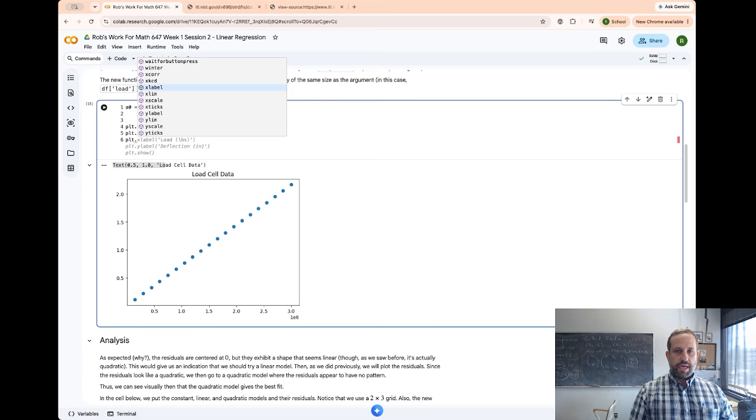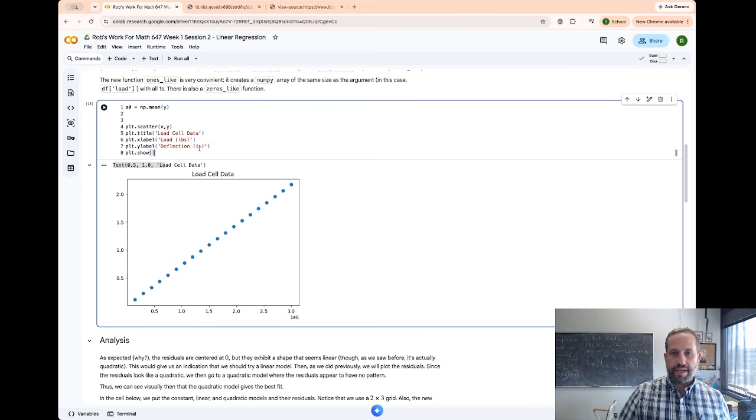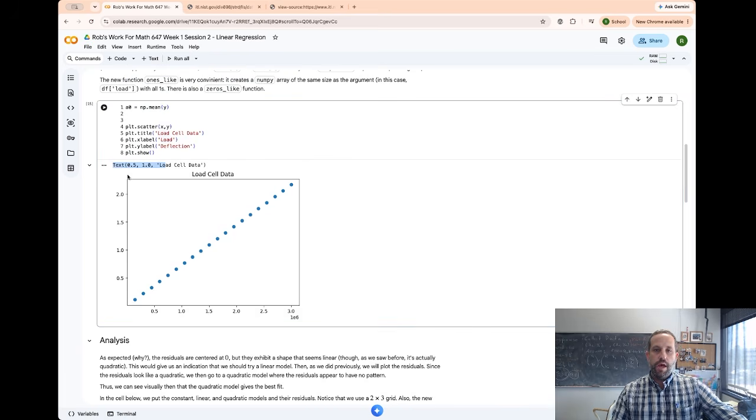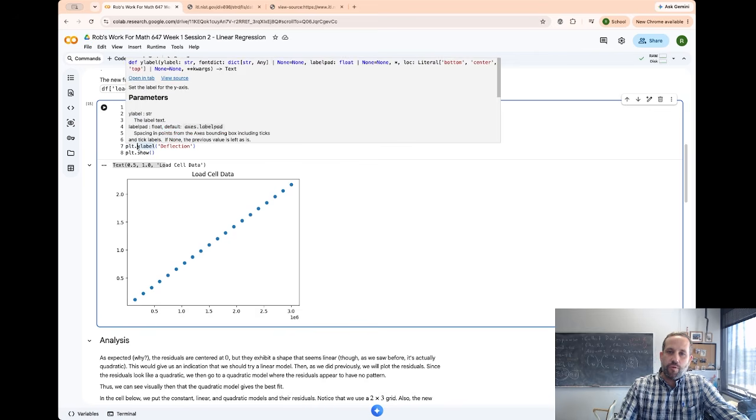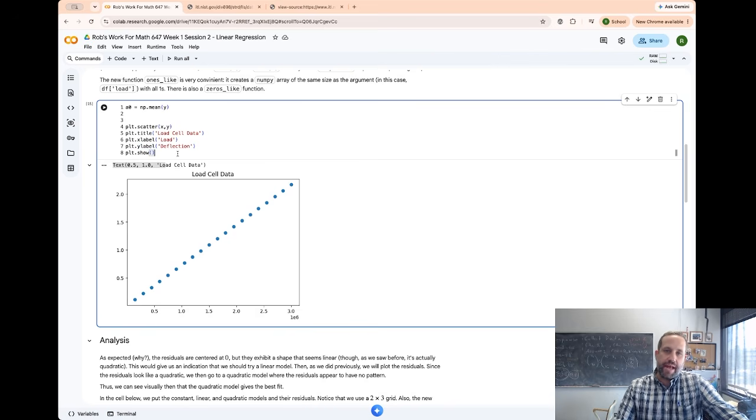So we're going to do plt.xlabel. I'm just going to press tab. Okay, Gemini's already telling me what I want. We do not know the units here, so we're going to get rid of the units. So there's where Gemini kind of got it wrong. But plt.xlabel is load. plt.ylabel is deflection. So x label means horizontal and y label means vertical. I would rather have something like h label for horizontal and v label for vertical, but x and y works as well. And then this plt.show,